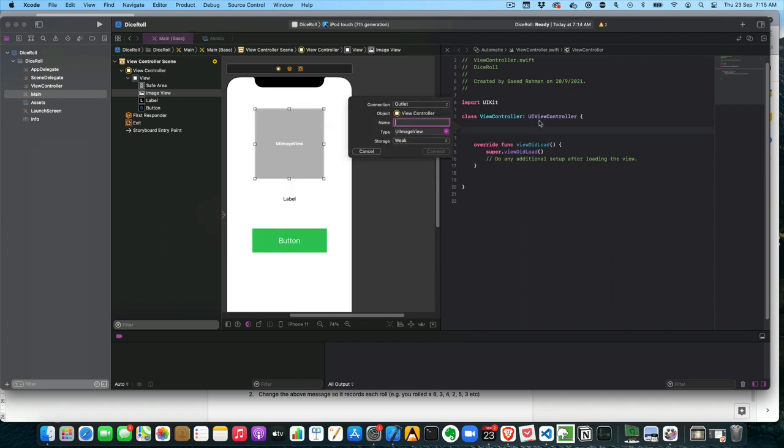Okay, and just going to drop it there and call it die roll image. And you can see here that this is in camel case, right? So the first letter of the first word is in lowercase, and then the first letter of every subsequent word is in uppercase. So die roll image. I'm not going to change anything else. I know that it's connecting to the image view, not the view itself, right? Not the background view. Make sure that that is correct, and then click on connect, and you can see the